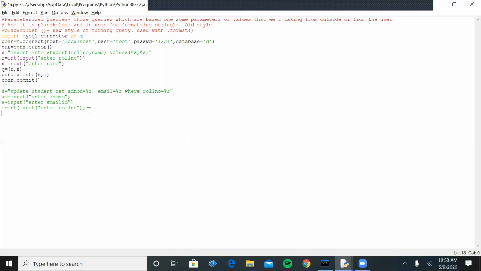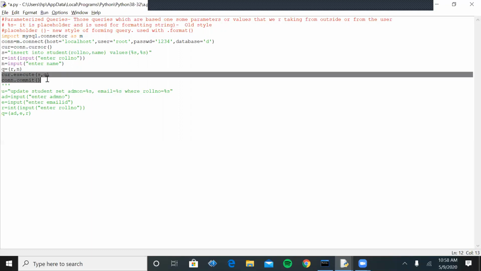I am storing all these variables in the form of parameters and executing it.